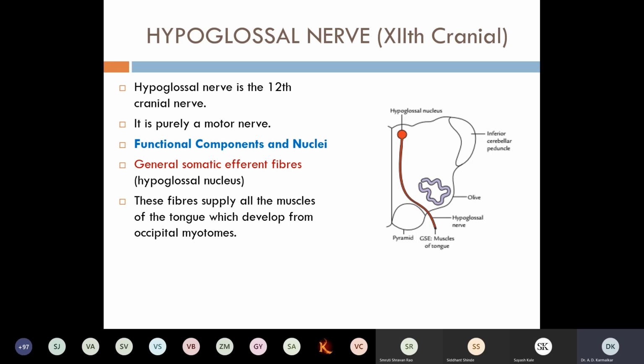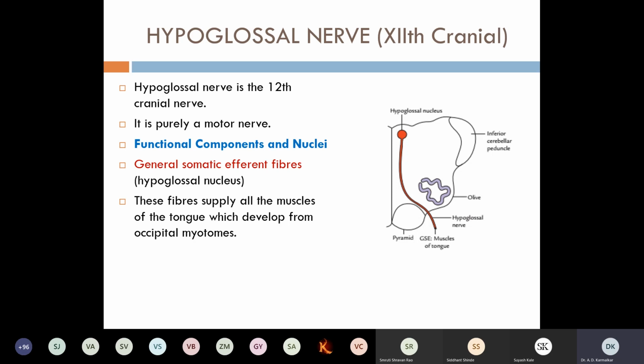Functional component is general somatic efferent, so muscles arising from the occipital somatic myotomes. It is supplied by this nerve coming from the hypoglossal nucleus. We are seeing the lower part of the medulla. So the hypoglossal nucleus, it is coming, if you see now,